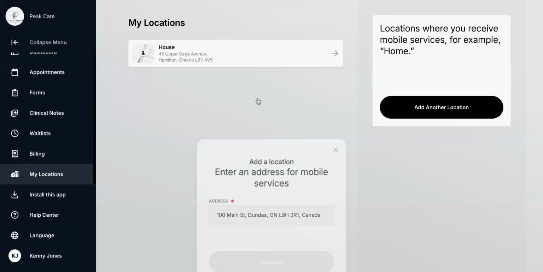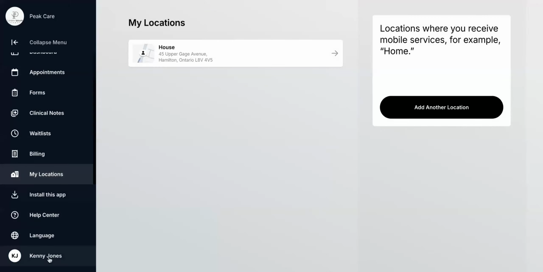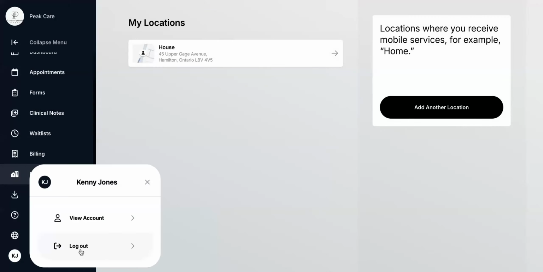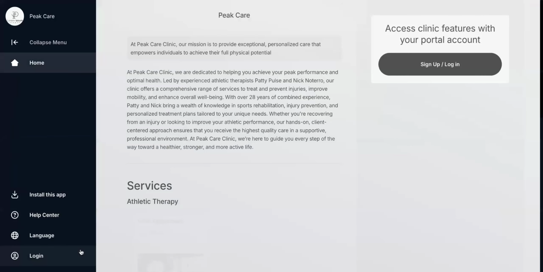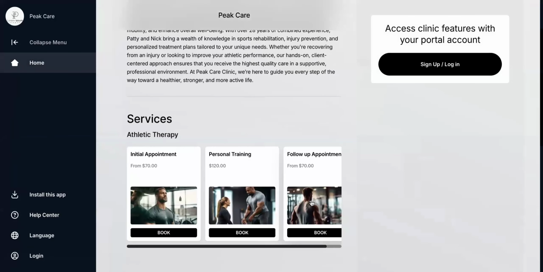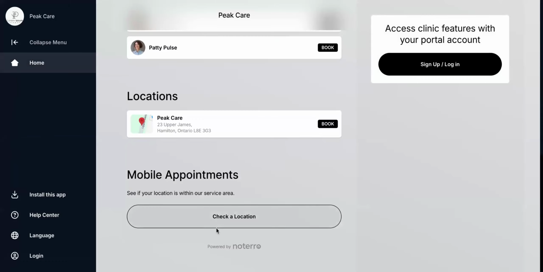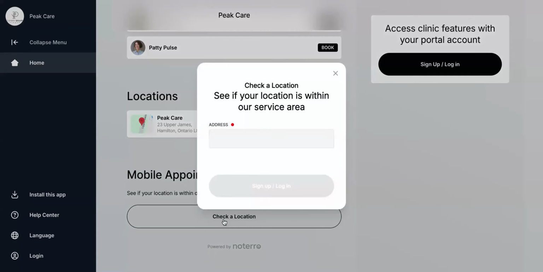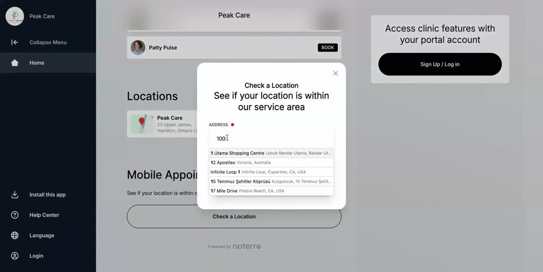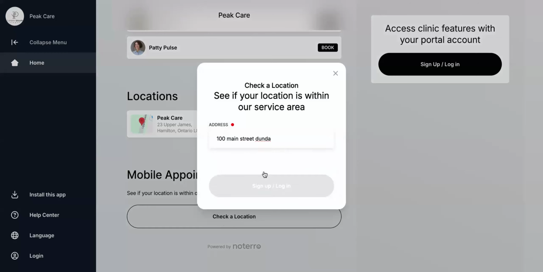From the logged out perspective, so this is a logged in perspective. From the logged out perspective, let me just log out. Okay, so I'm logged out. You can see my sidebar has changed. They have much of that check location, and it'll operate the same way. So if I put in that 100 Main Street in Dundas as an example, they're going to get that same